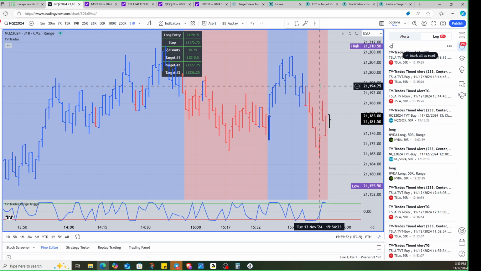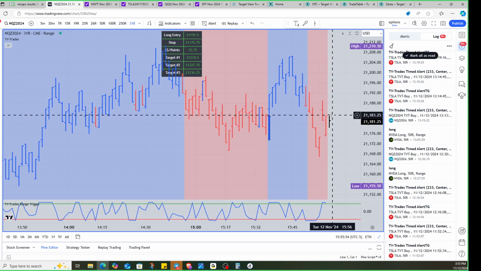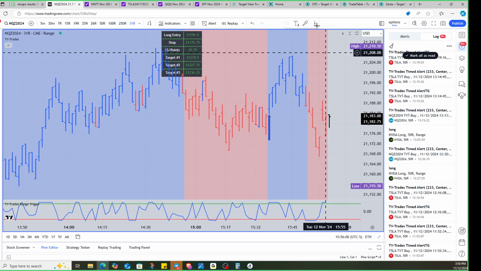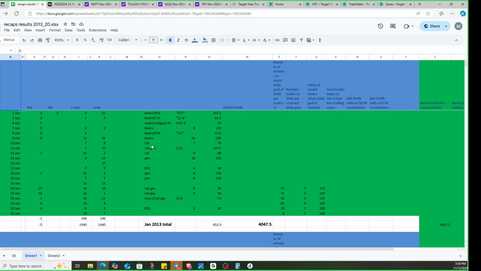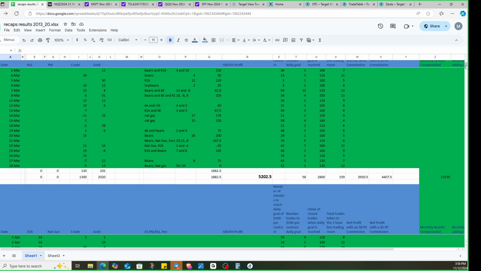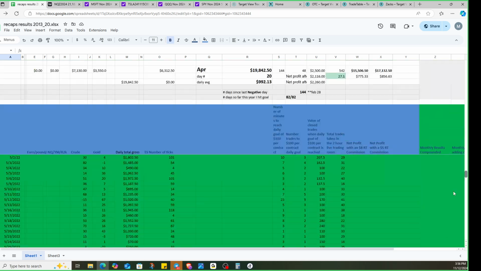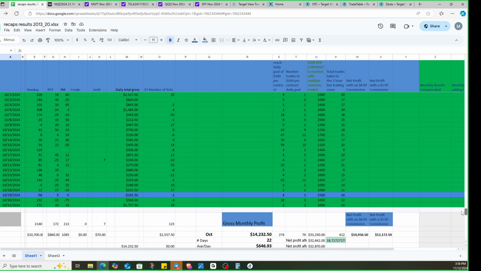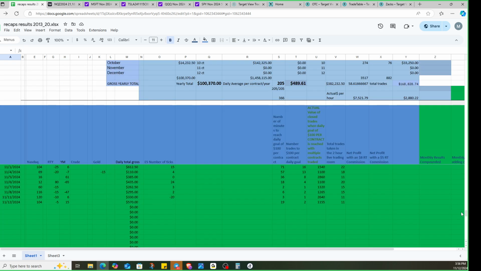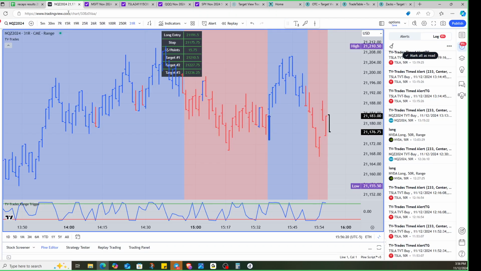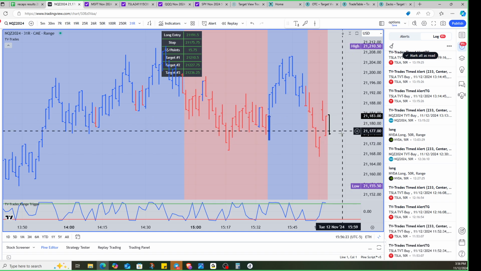All right, that's how I do it in the morning, and I've been doing this for a couple decades. So it's easy for me to do this stuff. I do it every day. This is my spreadsheet. This goes back to January 2nd of 2013. It's got my daily results, going all the way back there, with one contract and with multiple contracts. I don't want to get into that right now, but if we go back here, now